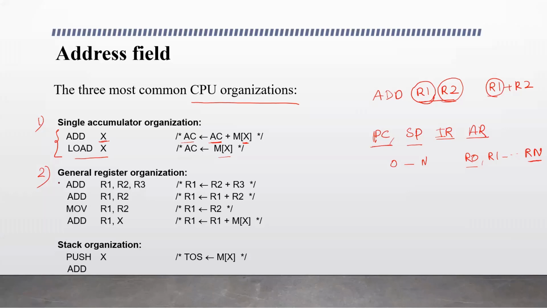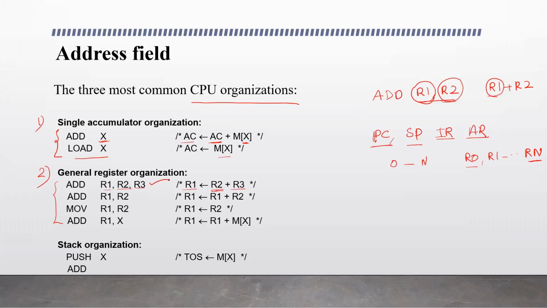Okay, so here if you see these instructions, add R1, R2, R3. The meaning of this instruction is add the content of register R2, this is a general purpose register, and R3, and store the result into R1. All the 3 registers are explicitly specified. So it stores the result in R1. This is a 3 address instruction because there are 3 register addresses given.